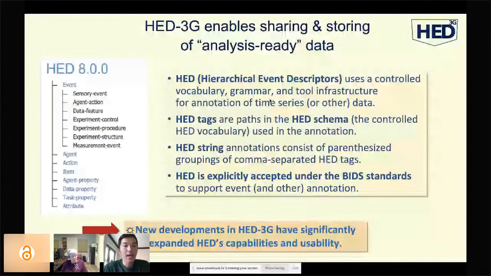So given what I have previewed about the benefit of annotating and working on your event analysis using HED, I'll go into more details about HED as a standard itself. The essential component of HED is the HED schema. It is the controlled vocabulary organized in a hierarchical manner. For example, on the left-hand side here, you see the HED schema,